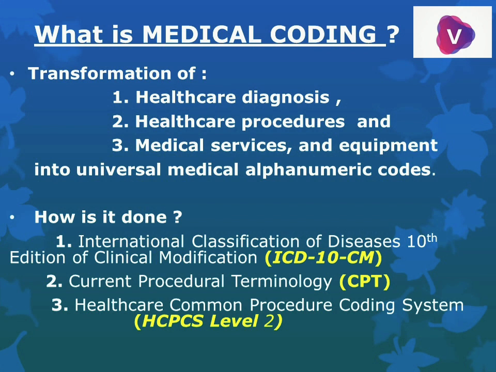Now, ICD-10-CM is used in the US healthcare system. Different countries modify the ICD so that it fits into their own healthcare system. So, in Australia, the code book that is used is the ICD-10-AM, which stands for Australian Modification. Currently used edition is the 10th edition, therefore, it is called ICD-10-CM.